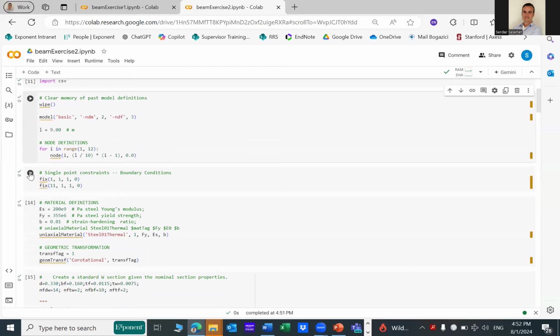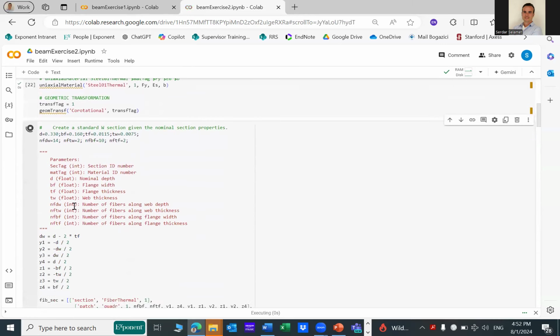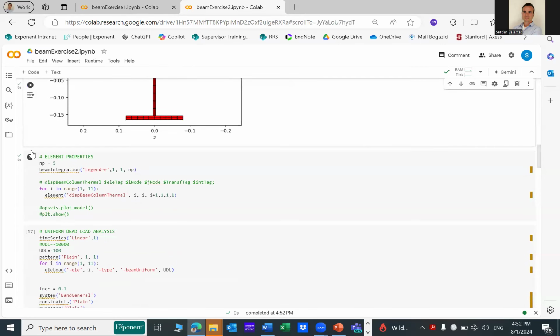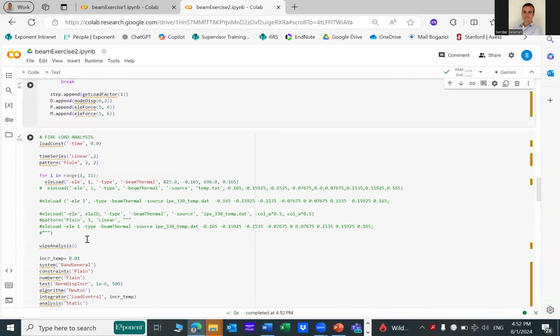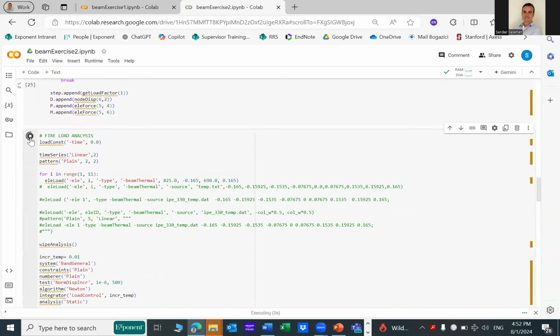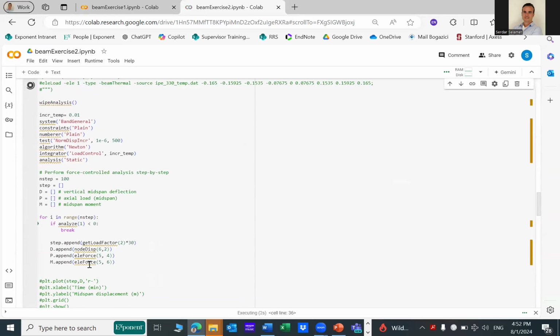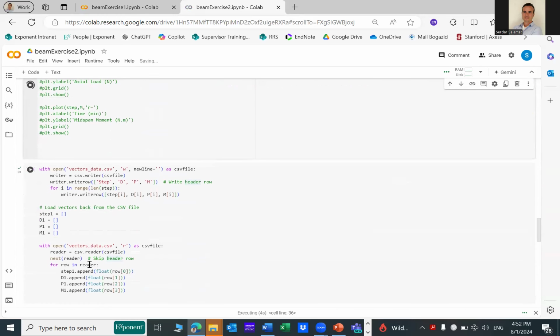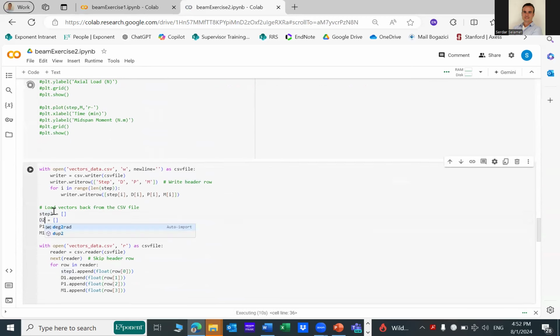So we wipe it clean. It's still a pin-pin beam, so we're not changing the boundary condition. We are just changing the initial load. And the fire also does not change. It's the same fire, 30-minute standard fire. We wait until the run is complete. And this time we're going to store it to